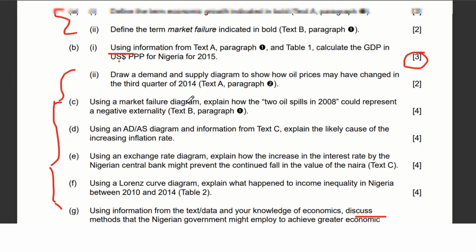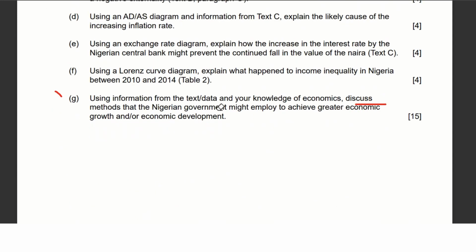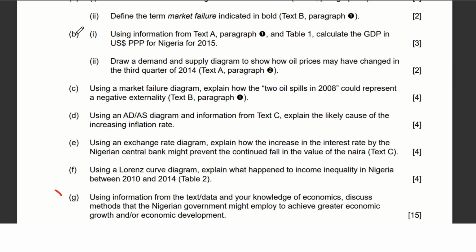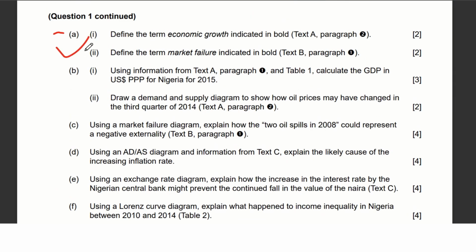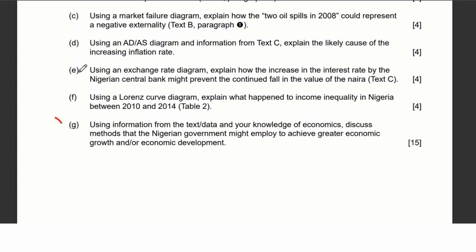And the next one is the questions. Look here, from option A to option G. Look at the questions. The questions asked are option A 1, B, C, D, E, F, G. Remember here,